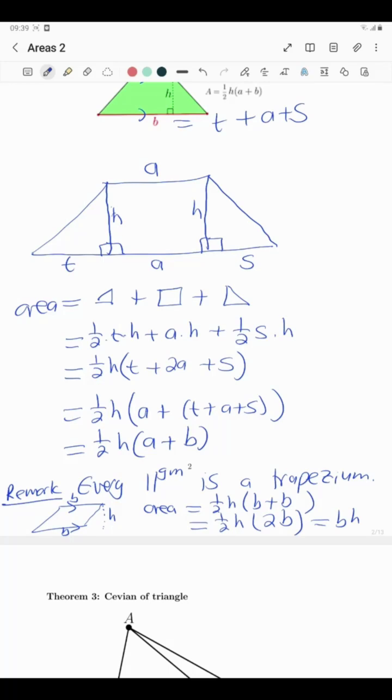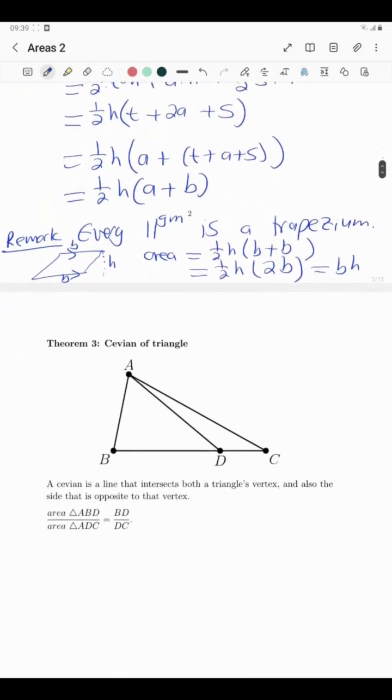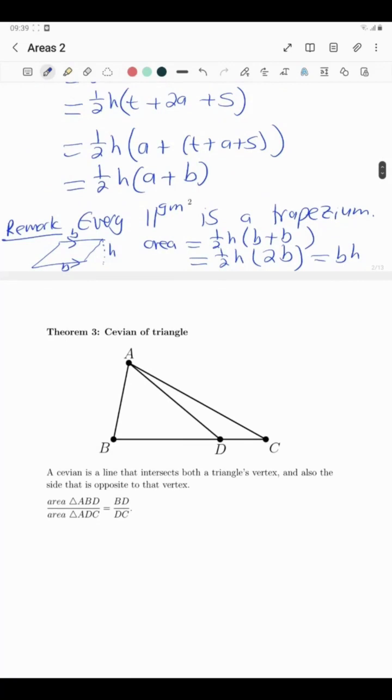Alrighty, and now the third theorem or weapon that we are going to need for the problems in this video is a theorem about the cevian of a triangle. So what is the cevian? A cevian is defined as a line that intersects both a triangle's vertex and also the side that is opposite to that vertex. So in this diagram, we have triangle ABC. AD is a cevian